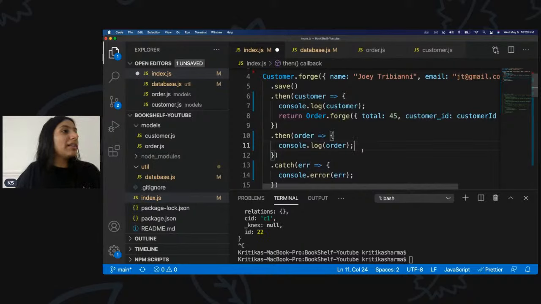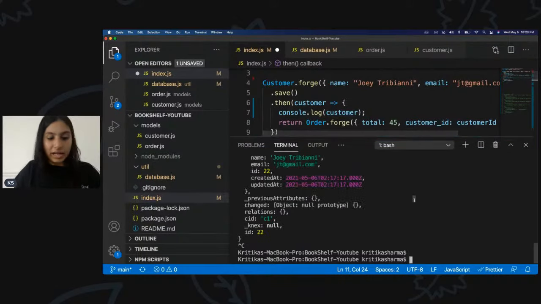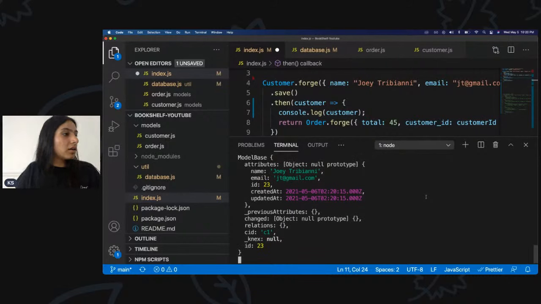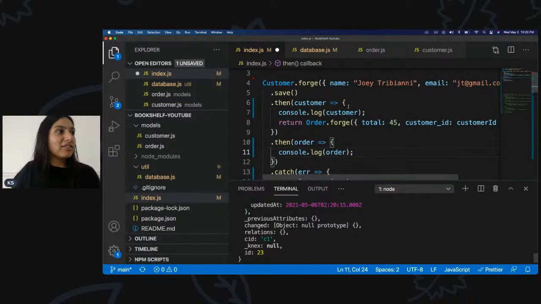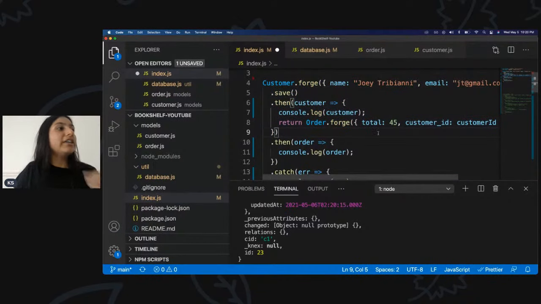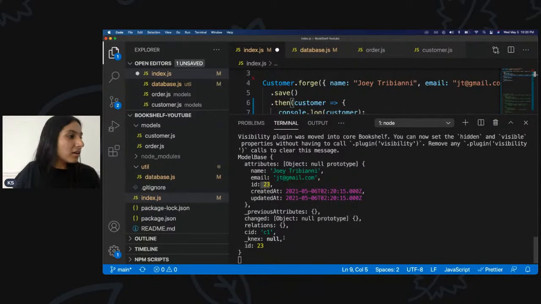Okay, so let's see what happens now when I run the script. Awesome. So now you see the ID is 23 because I ran the code again. So the first insertion was performed again. So a new customer has been added with an ID 23. And now the order is,